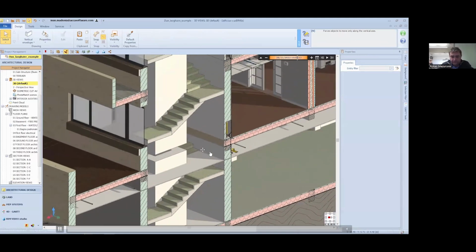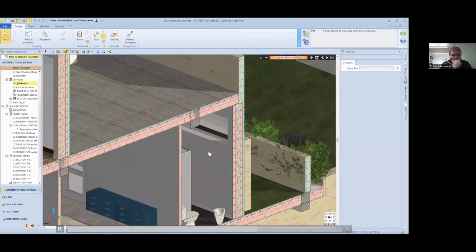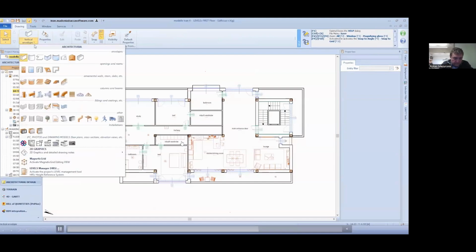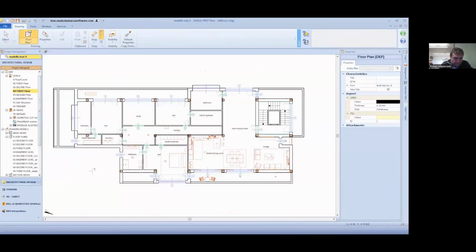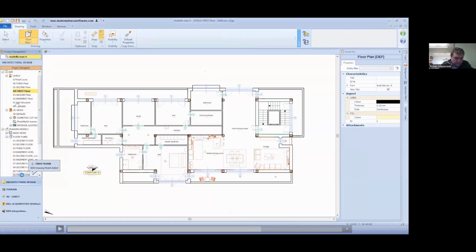This also applies when we're looking at the building, let's say from a vertical split view. We can also see the internal objects, the internal arrangements for the floor plans. And here, let me just quickly show you how these views are generated by simply inserting the floor plan object in one of the levels. So we do all of the modeling in the levels, and once we have created the different floor plans or section views, we see them appearing at the bottom under drawing models.